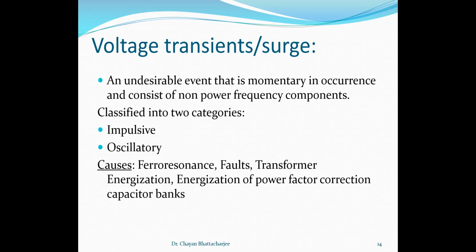If you plot the output voltage and current, it will be chaotic because there are multiple operating points where we get resonance, owing to the non-linearity in the BH curve of the transformer. So it is important to know what ferro resonance is. Ferro resonance, and energization of transformers which draws a very high energizing current from the supply, and energization of power factor correction capacitor banks will create